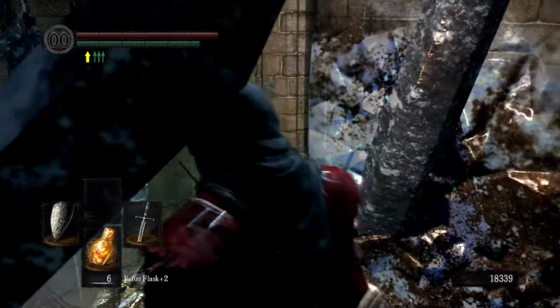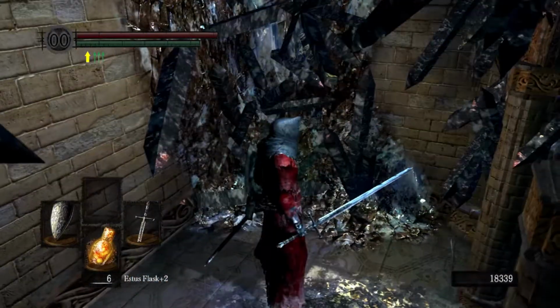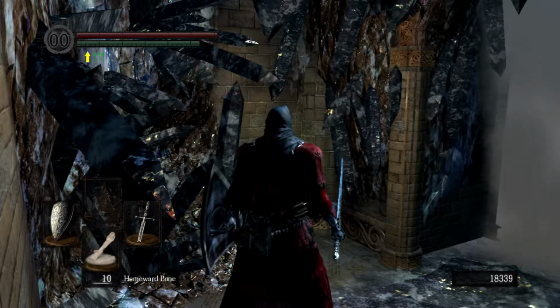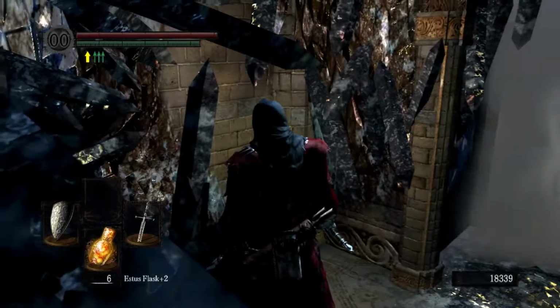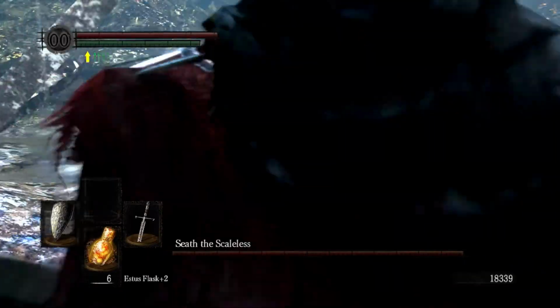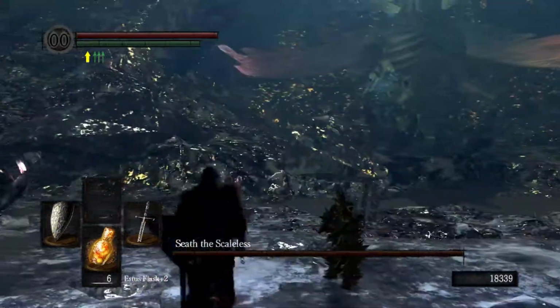Oh man, look at this place. This just looks dangerous. Oh shoot. Okay, so I've got some charcoal pine resin. I've got my trusty fire bombs here. I've got my homeward bone, so I can get out of Dodge if it gets too dicey. You know, I can get back to base camp, so to speak. Are you kidding me? I've got to fight the...